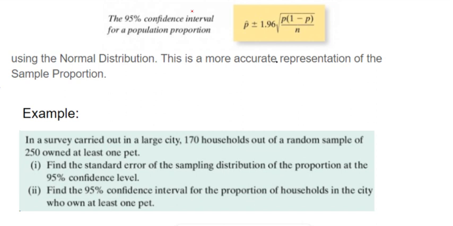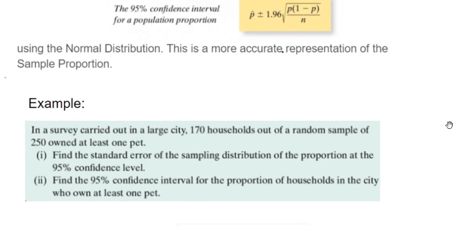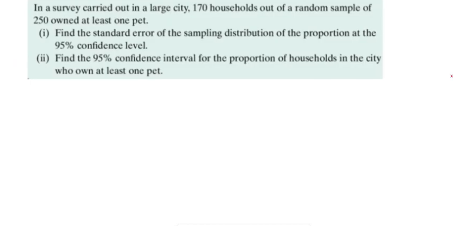So, and this is on higher level, so you have to know this for higher level. So I'm just going to write down what the formula is anyway first. So p hat plus or minus 1.96 times the square root